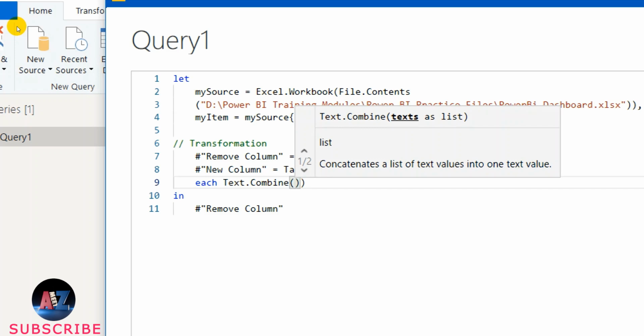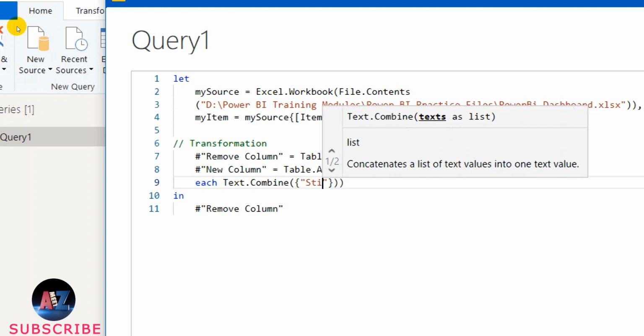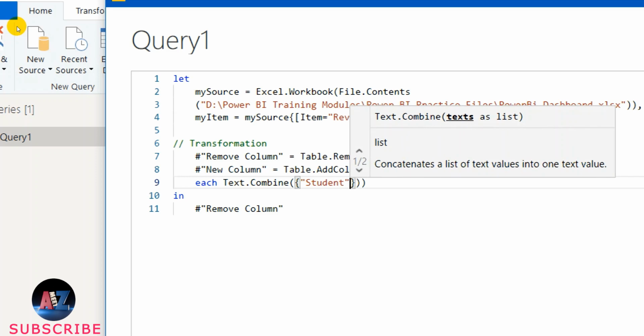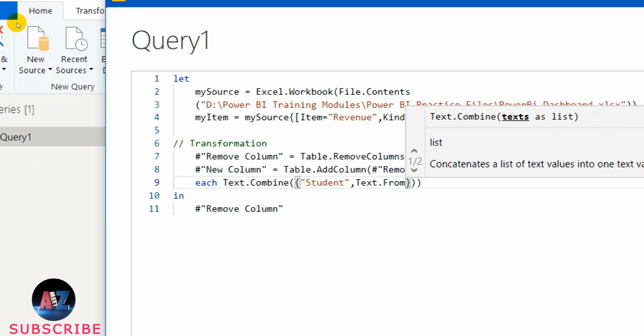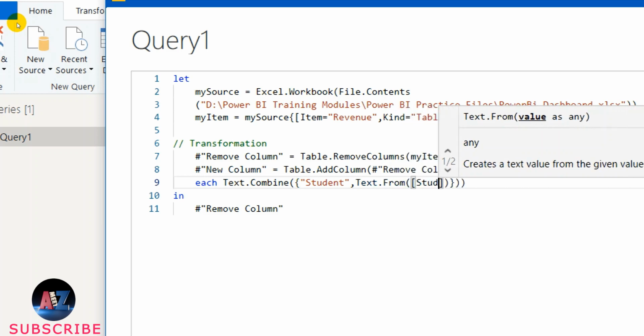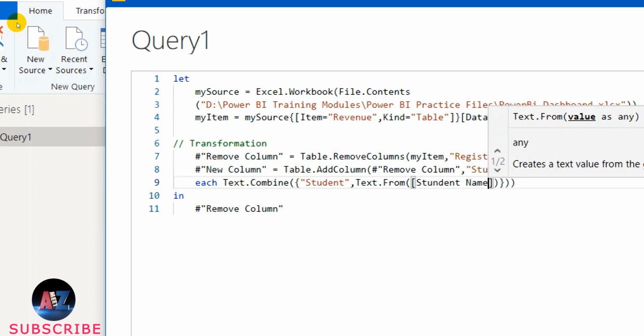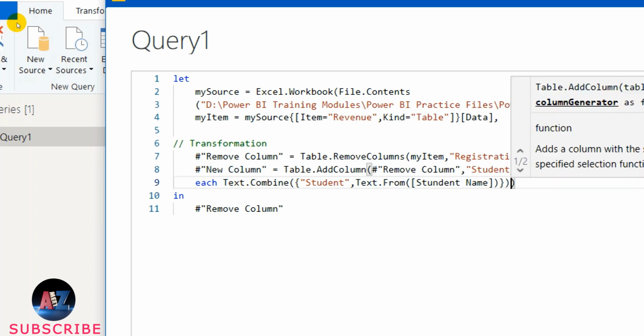So I need to just add a curly bracket because I have to use a list, and then the string name is student. So this will be added everywhere, comma. The remaining string is from a column name called student name. Unfortunately I have not written properly.